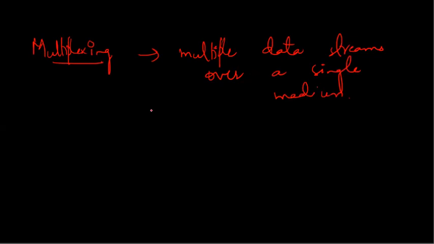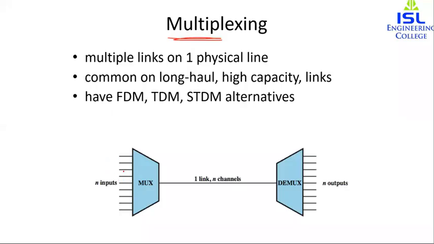And what we use for multiplexing is known as a multiplexer. Multiplexing is achieved by using a device called a multiplexer. As we have seen in the diagram, it combines n input lines and sends the data over one link. In demultiplexing, we use the demultiplexer available at the receiving end. It separates the signal into its component signals. That is, one input is taken and it gives n outputs.